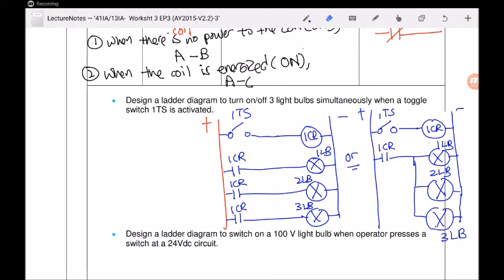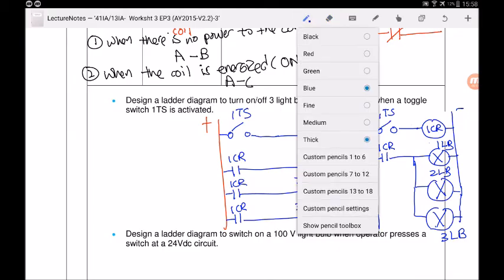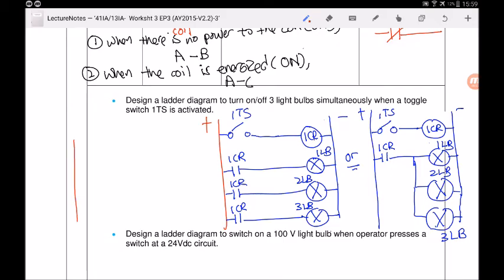As you can see over here, I draw my light bulbs in parallel, and it's very important to know why it is drawn in parallel, because in parallel it means that the voltage across the bulb is the same. So we cannot draw light bulbs in series. If we draw the light bulbs in series, let me draw and show you. If I draw the toggle switch here first with the control relay, and I draw the light bulbs in series,